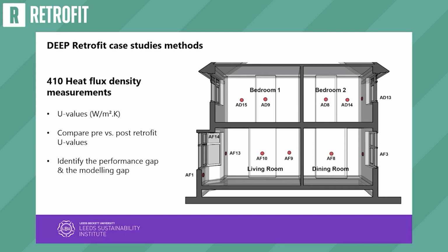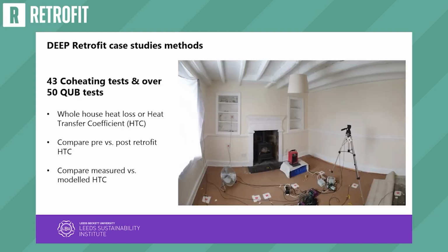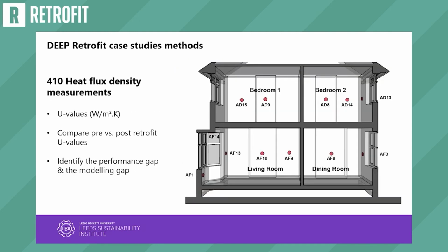I won't talk about the importance of actually trying to measure the heat loss going into the neighbour, other than to say that it's an absolute nightmare and completely messes up your tests. Okay, so that's really good for us to do both of these things. The whole house heat loss coefficient, heat transfer coefficient, is the overall energy efficiency of the home, so one value for the entire home, which we can then compare against the modelled value, what the models say it should have. And then the individual elements as well. Can we compare what we've measured to what the model's predicting it should be?